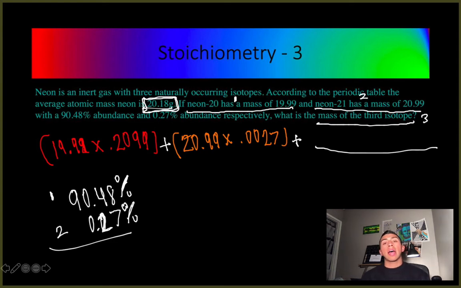Now, since we know that neon only has 3 isotopes, the percent abundances should all add up to 100. And so the way that you approach this problem to find out the percent abundance of the missing isotope is practically just add both of these up. And if you add both of these up, you should get